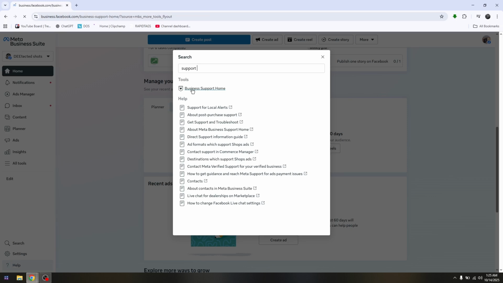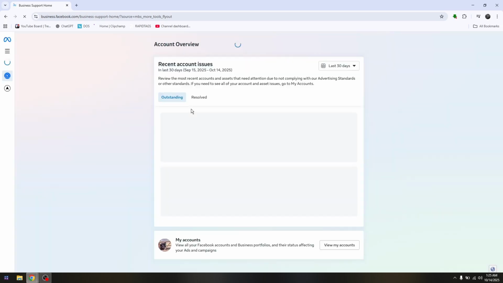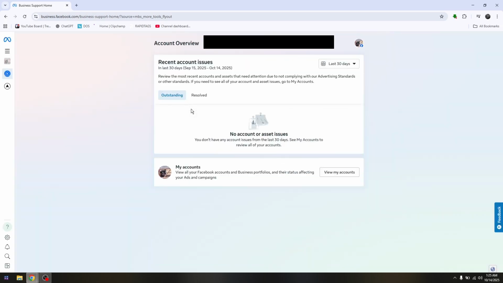You will automatically be redirected to track any concerns that you have submitted to your Meta Business Suite account. For example, on this one, say for example, your account has been restricted. All I have to do from here is to check or choose on account restriction and then see if review